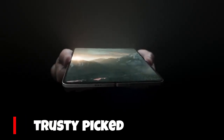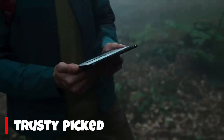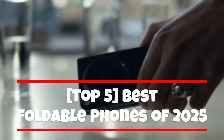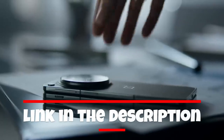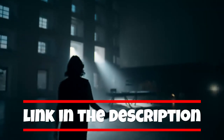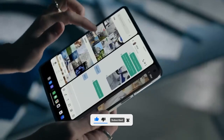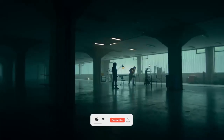The future of smartphones is foldable, and it's here. In this video, we're counting down the top 5 best foldable phones of 2025. These cutting-edge devices offer a revolutionary mobile experience with expansive screens, innovative designs, and groundbreaking features. Get ready to be amazed as we explore the pinnacle of smartphone technology and discover the foldable phone that's perfect